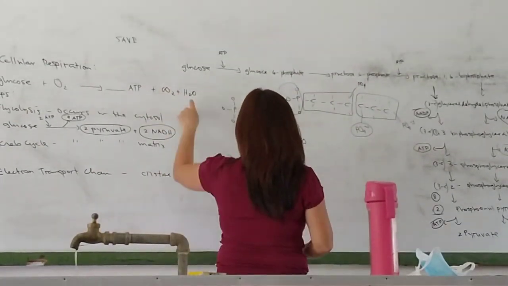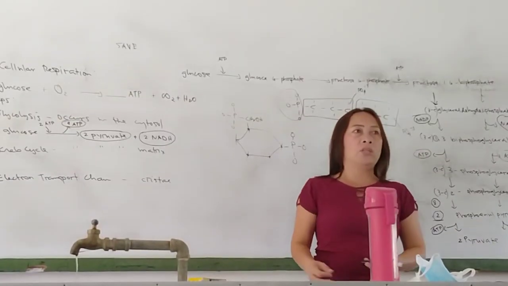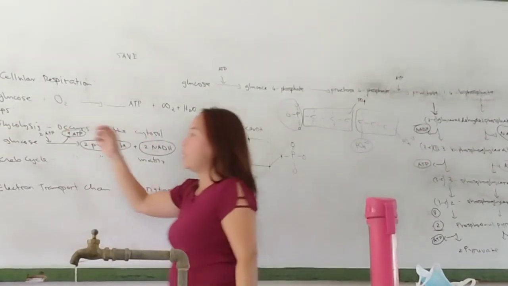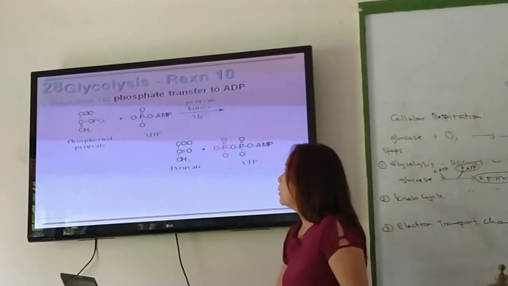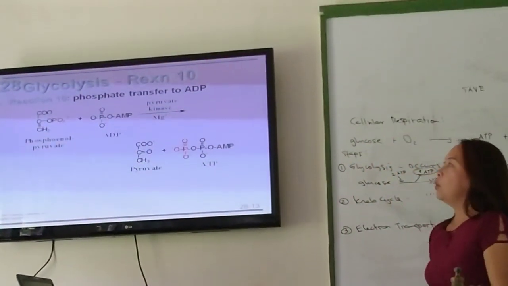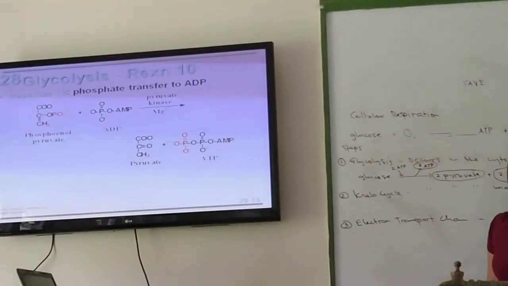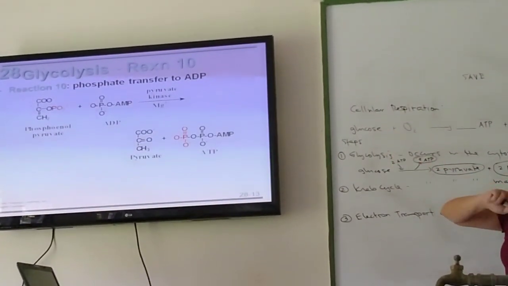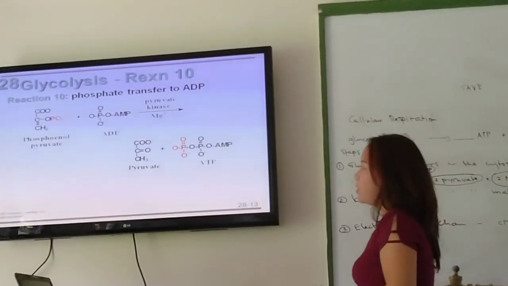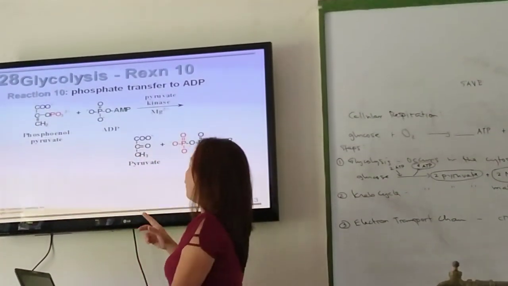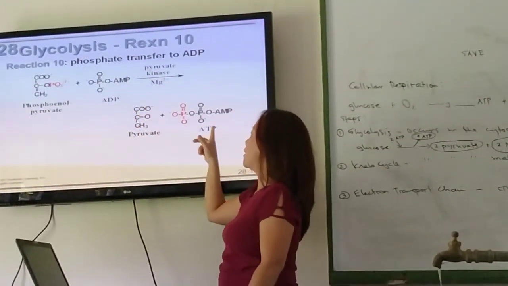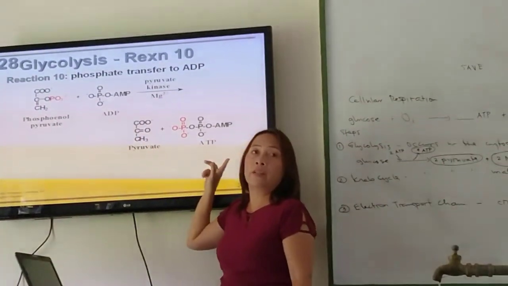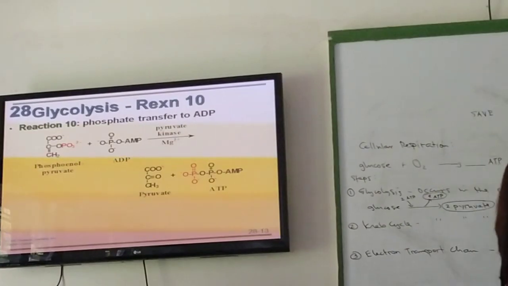That's why we have water as one of the end products of cellular respiration. Now we have the 10th reaction, where the PEP undergoes an exergonic reaction again, and 1 phosphate is removed. When the phosphate is removed, the pyruvate is formed. The phosphate is accepted by the adenosine diphosphate to become adenosine triphosphate. So there will be again